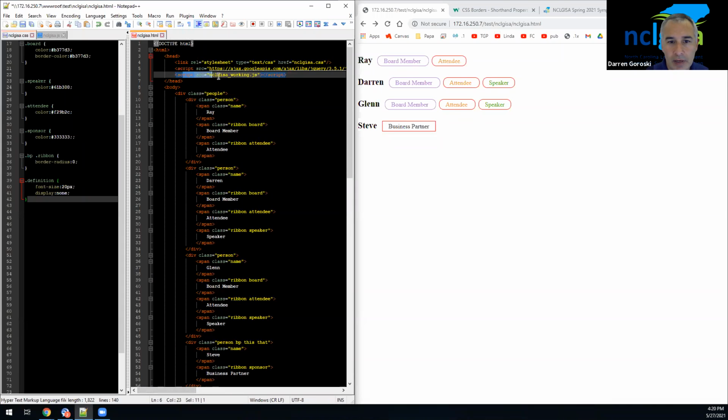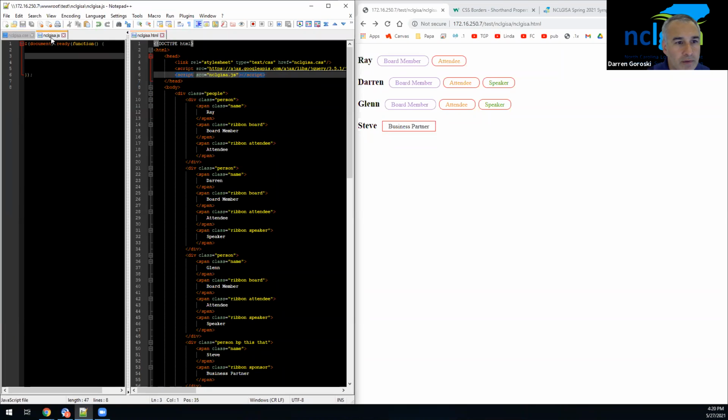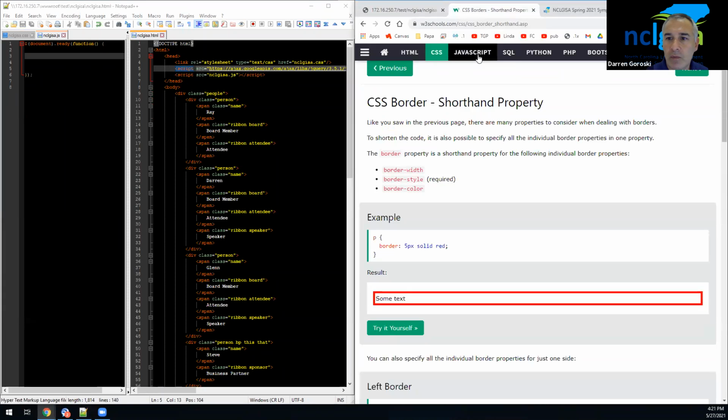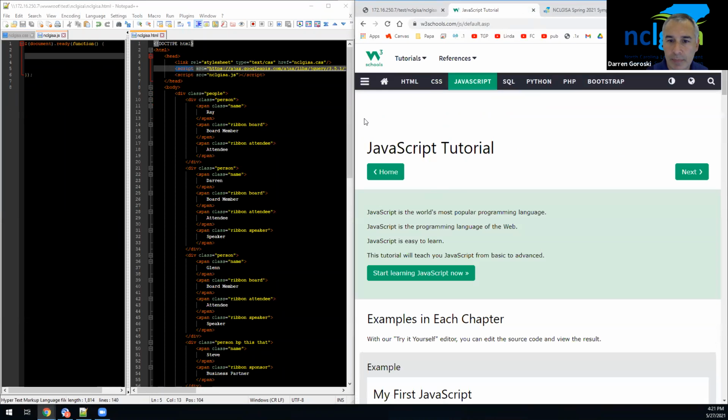This second line right here just says, hey, for this file, I want you to use this JavaScript file. So I basically called this file in. This line right here, you just have to take for granted. And then this stuff right here, you start with that and you move on. So for instance, if I wanted to go here and learn some basic JavaScript,